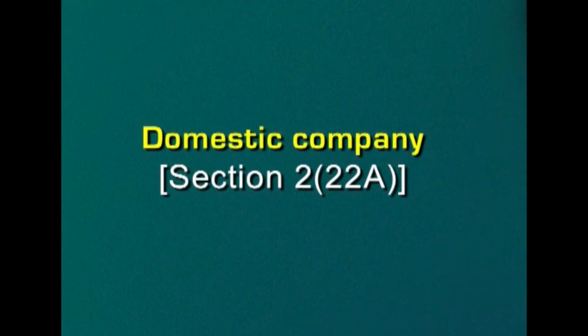However, for the purpose of taxation, companies are broadly classified as domestic company. Section 222A: a domestic company means an Indian company, a company formed and registered under the Companies Act 1956, or any other company which in respect of its income liable to tax under the Income Tax Act has made the prescribed arrangement for declaration and payment within India of the dividends payable out of such income. A domestic company may be a public company or a private company.